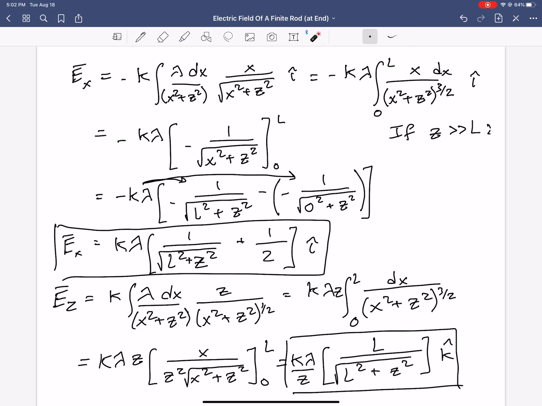Well, z would basically go to infinity there, and the value for L stays the same. So thus that's 1 over infinity plus 1 over infinity. That's basically 0. So that goes to 0. The z component